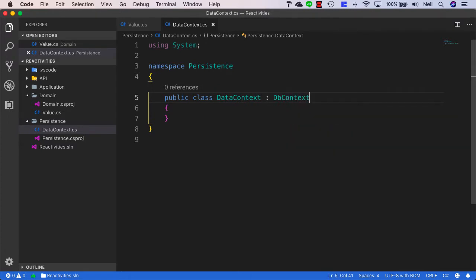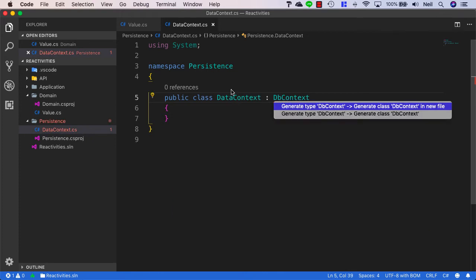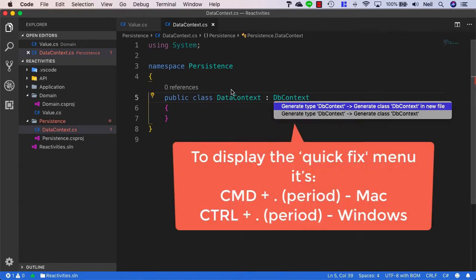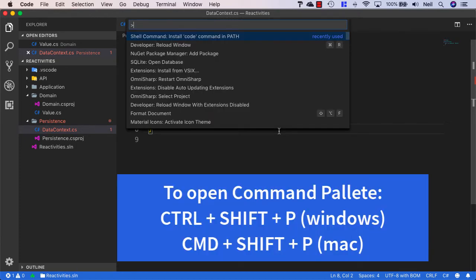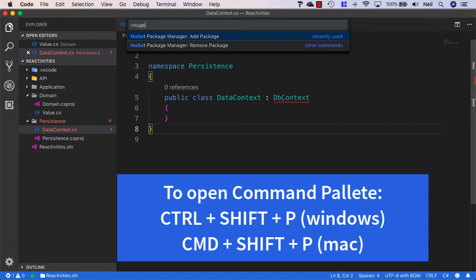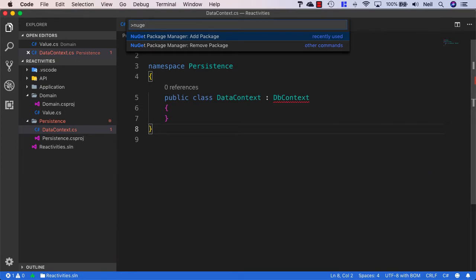And what we want to do here is derive from an Entity Framework class called DbContext. But because we're in our persistence project, we actually don't have access to this at the moment. We need to add Entity Framework into this particular project. So we can open up our command shell, and we'll make use of the NuGet package manager we added as an extension to go ahead and install this. So I'm just going to say NuGet Package Manager: Add Package, and what we need here is